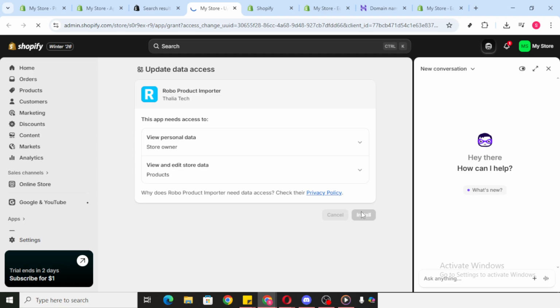Feel free to explore the app's features to speed up your workflow, such as bulk importing, image handling, or automatic updates if they're available. Always review the imported listings before publishing to your storefront to ensure accuracy and a consistent